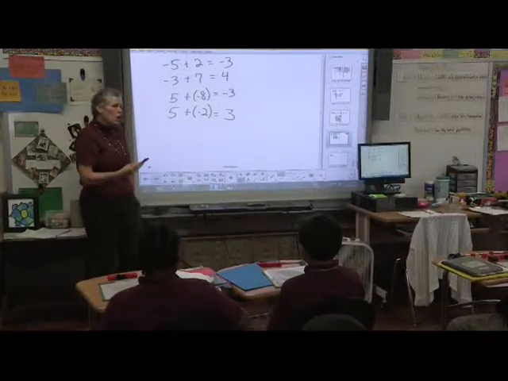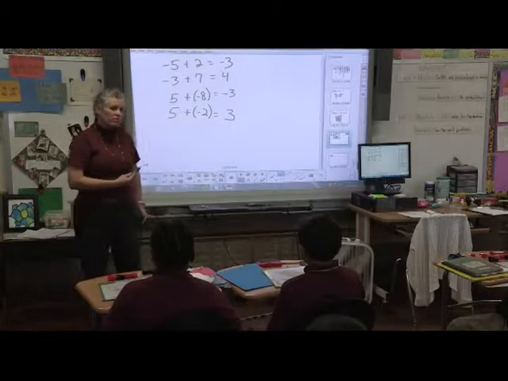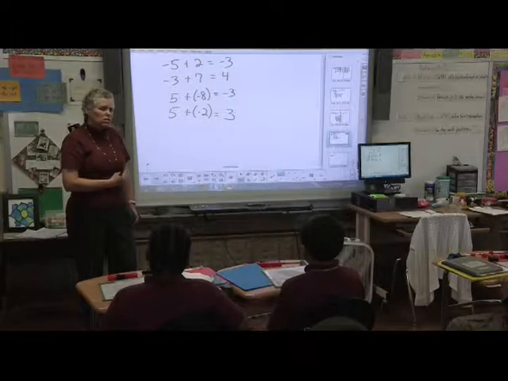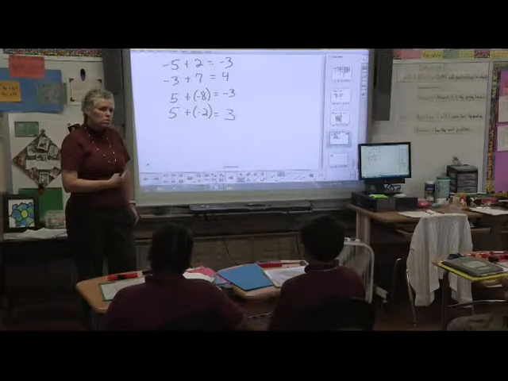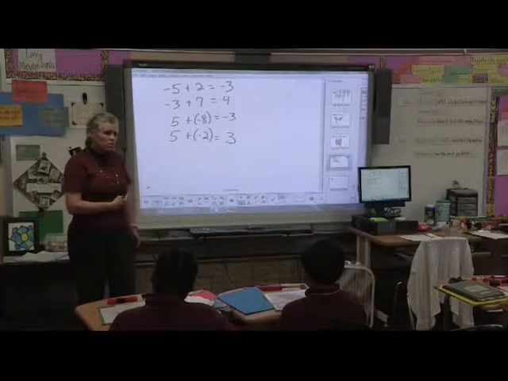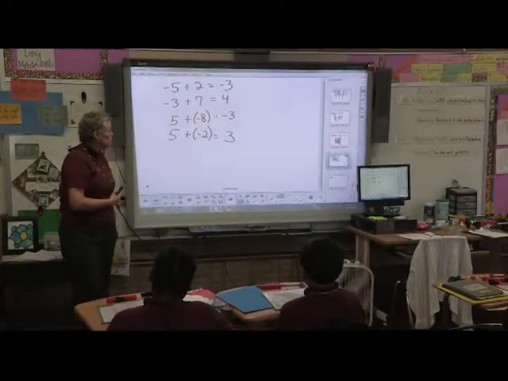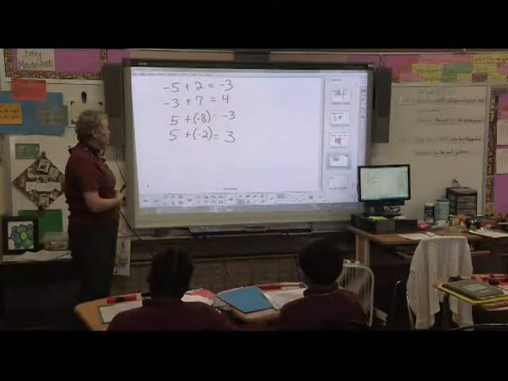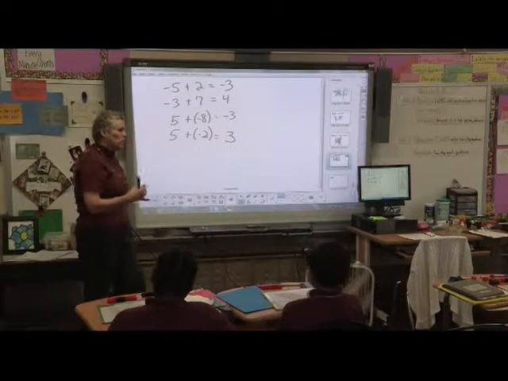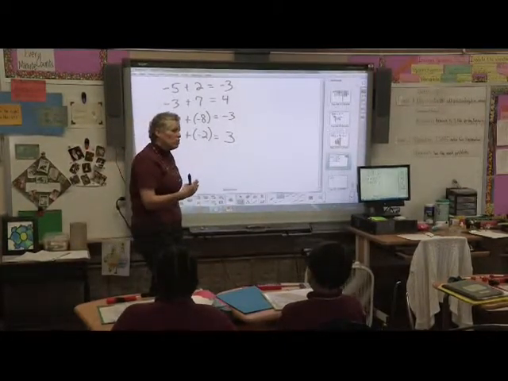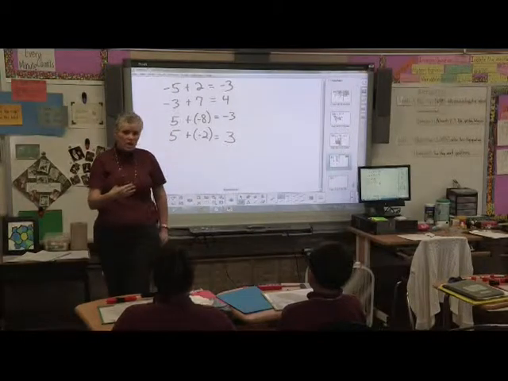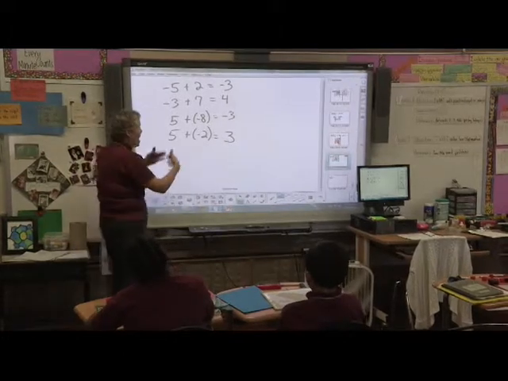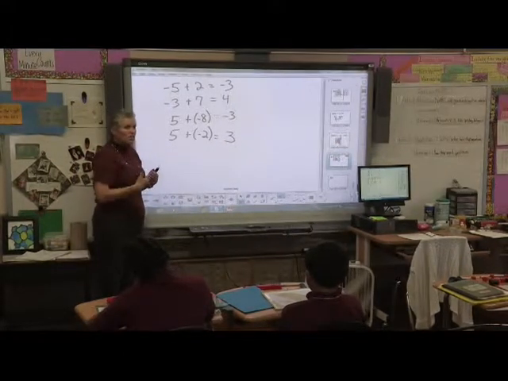How do you know whether your answer is going to be positive or negative? Zachariah? You know if your answer is going to be positive or negative if the numbers can cancel each other out, if you have more positive or more negative. I really like your wording, because in the other class they tried to say whichever number is larger. But aren't positive numbers always larger than negative numbers? Yes. So by using the cubes, it's easy to visualize whichever one I have more of, which is actually called,